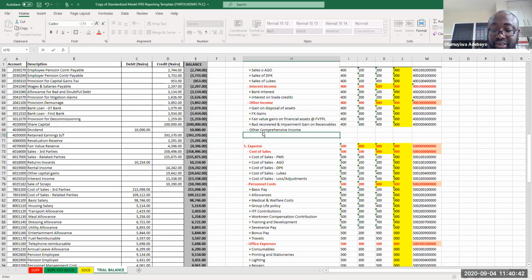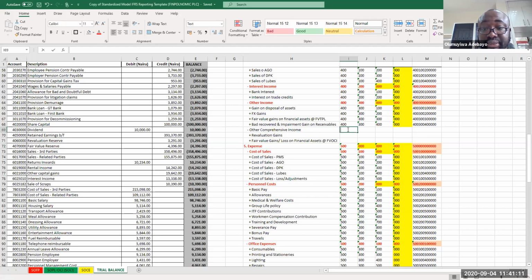Under that, I could have revaluation gains, because I already created revaluation reserve, and I also created fair value reserve, fair value gains or losses on financial assets measured at fair value through other comprehensive income. Therefore, I can create this at, this is still 400, but because it's other comprehensive income,